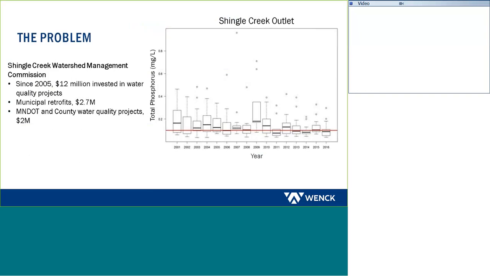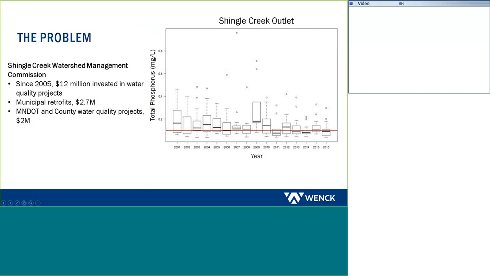So what's the problem that we're facing? This is the outlet monitoring station for the Shingle Creek watershed. Shingle Creek is a first-tier suburb in the Twin Cities metropolitan area. And they put a lot of effort into trying to reduce phosphorus over the past 10 to 15 years. Since 2005, they've invested almost $12 million in water quality projects throughout the watershed. Municipalities put almost another $3 million in, and MnDOT has put another $2 million in. This is to the tune of almost $17 million, and you can see in the trend on the box plot here,